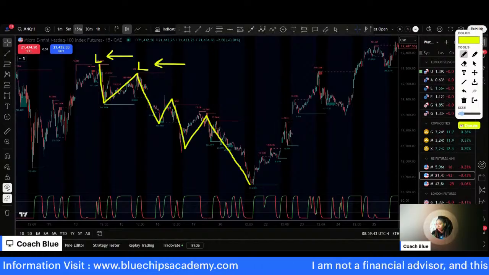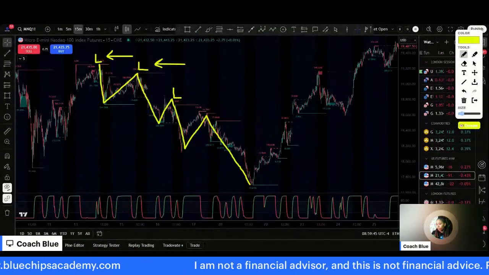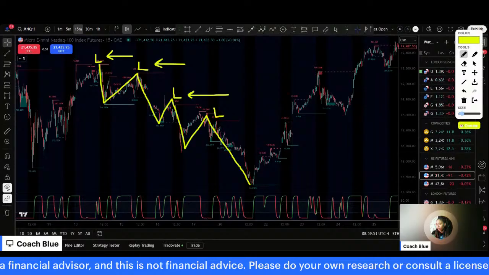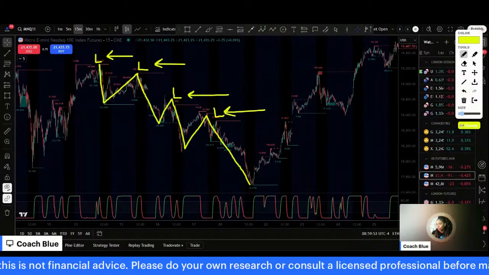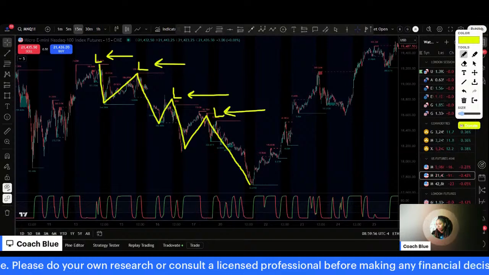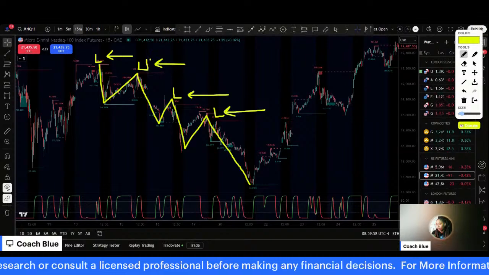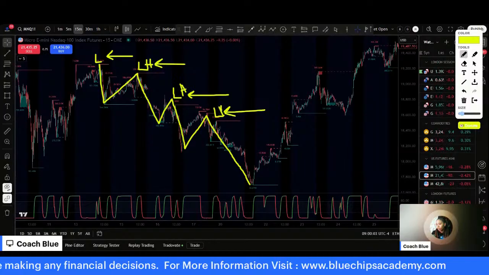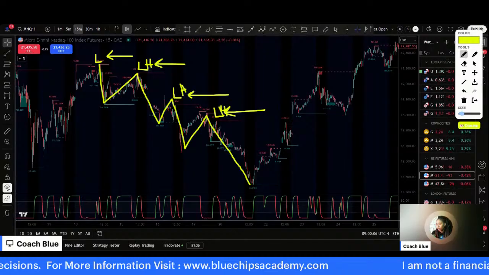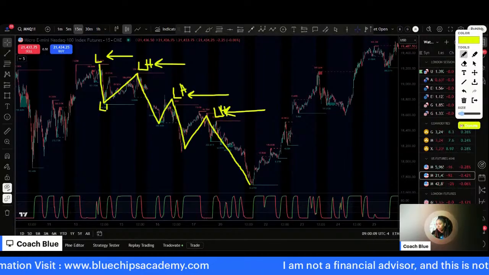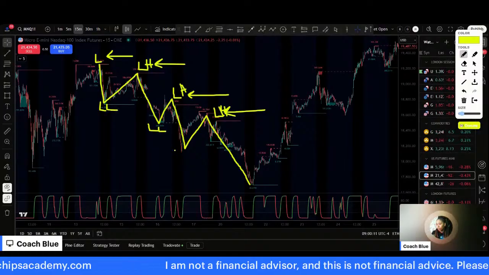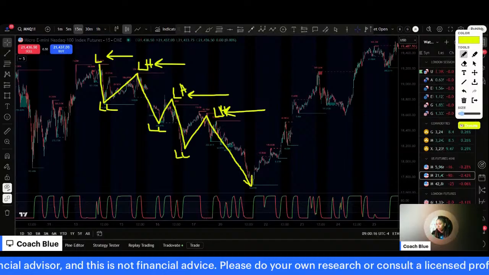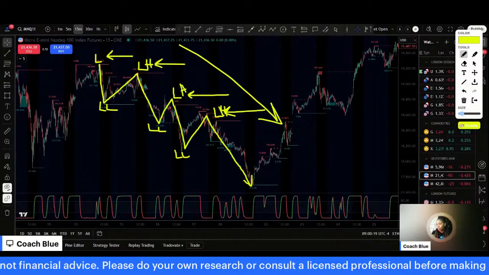So this low is lower than this low, and then lower than this low, and then this low here is lower than this low. So every low is lower. So every swing, lower high. These are your lower highs. Every single time it gets lower and lower. So that tells you that we're in a nice little downtrend. These are our lower lows here. Every pivot is lower than the other pivot. So it's a clear direction that the market is trying to move down.